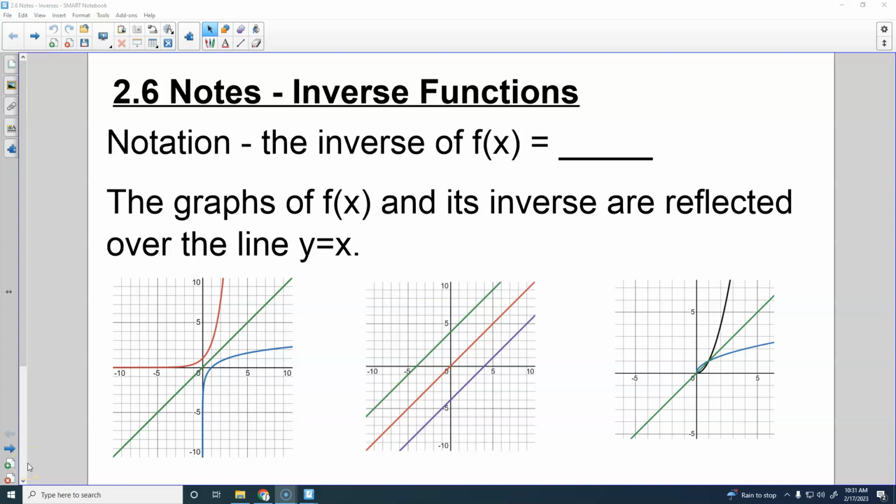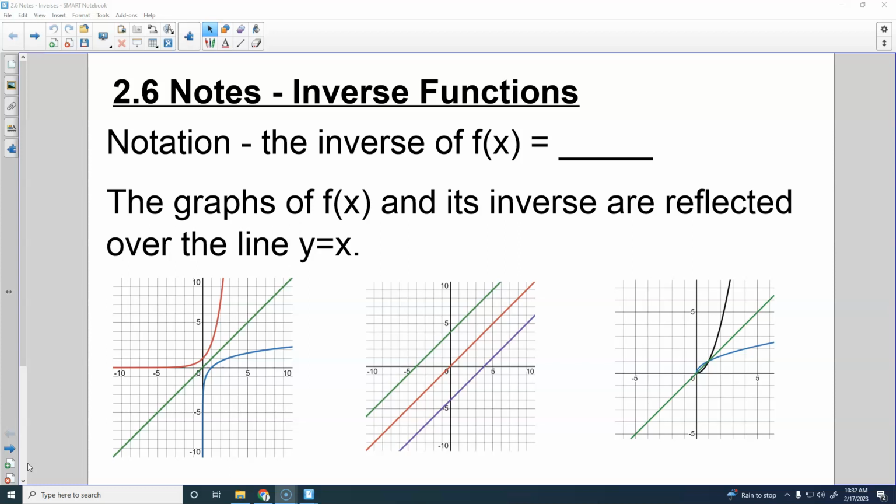Since you were pretty small. Because you guys know the inverse operation of adding 6. What is the inverse operation of adding 6? Subtracting 6, right? You know the inverse operation of multiplying by 2. What would the inverse operation be? Dividing by 2, right? So it is as simple as that,